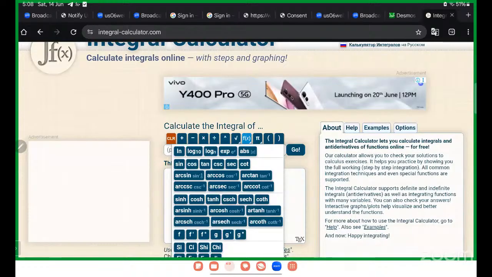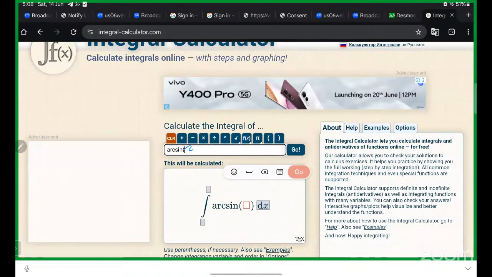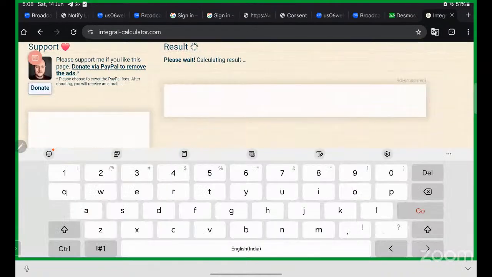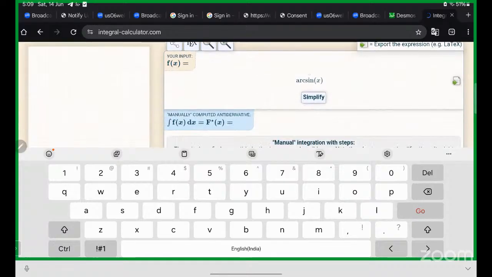If I want to find the integration of sine inverse x, just write it here as sine inverse x and click on go. So we get the solution for the integral in detail. The result is mentioned here.